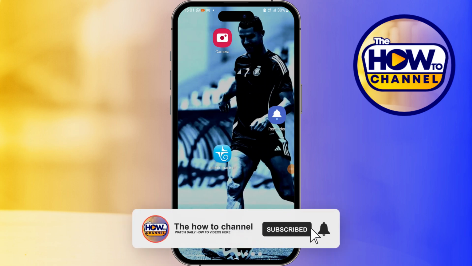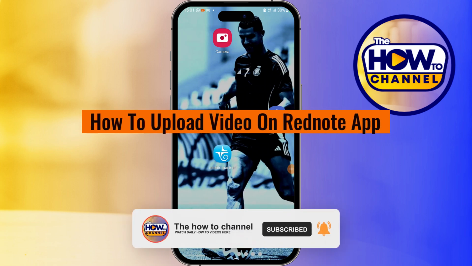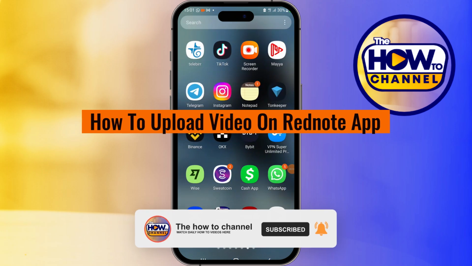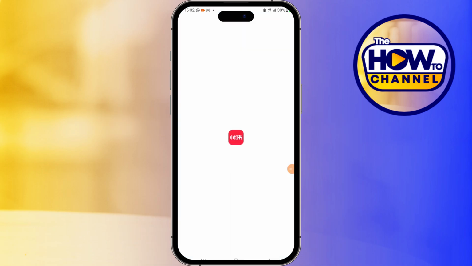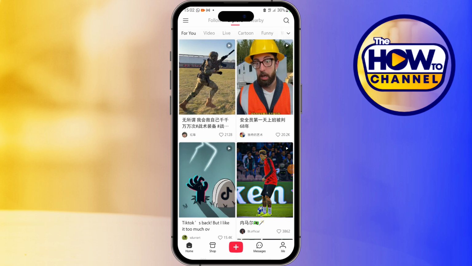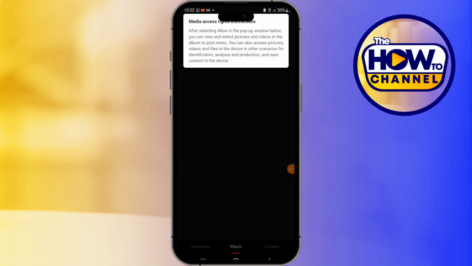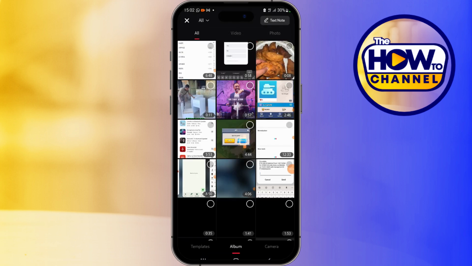In today's video, I'm going to show you how to upload video on RedNote app from mobile. So first, head over to your RedNote application. Just go down to the bottom and you can see this plus button where it is red. So simply just click on this one and then you have all of your videos and also your photos. But up in the top, we can simply just go to video